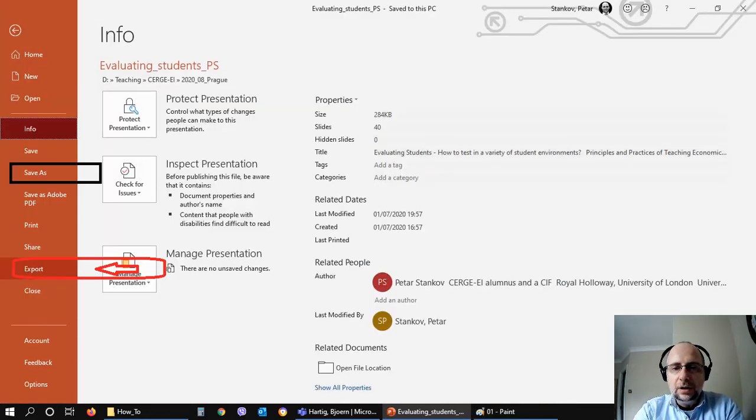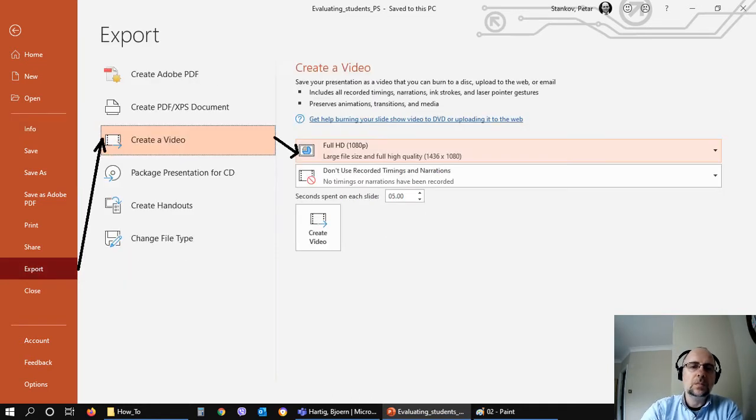First, rather than the usual save as command we typically use to save PowerPoint presentations, we will use the export command. Then if you click on export, you will see a bunch of nice options. Let's use the create a video option. If you click on create a video,